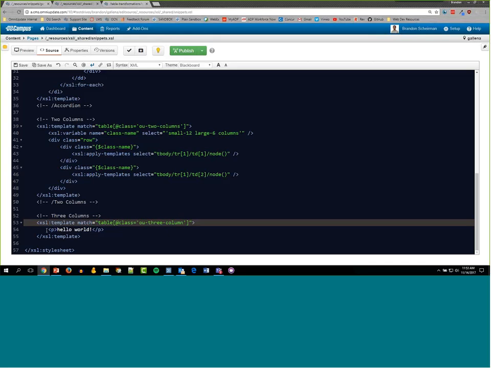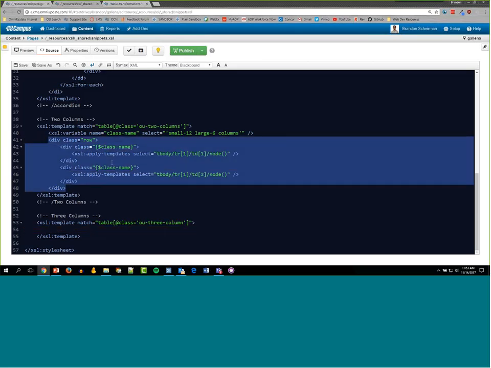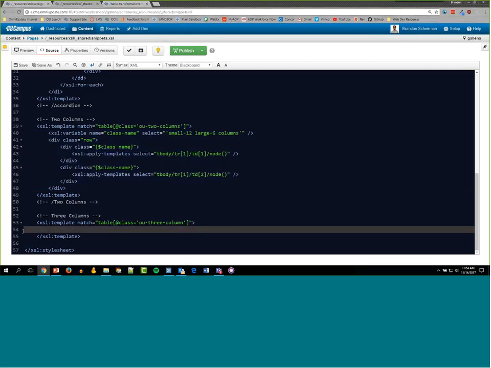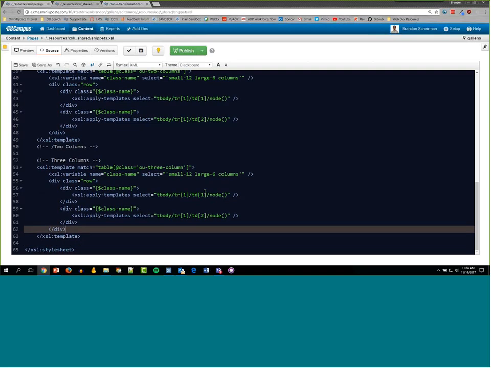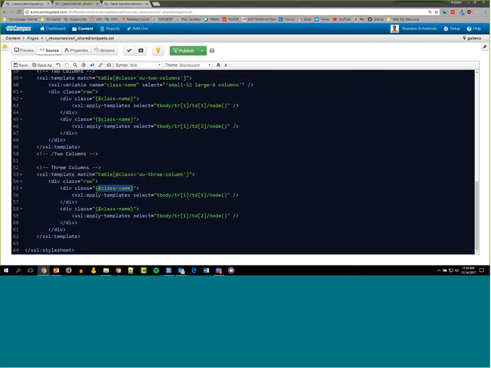So now, instead of printing out hello world every time it finds a table with the class of OU3 column, I'm going to have it create a 3-div structure. So to save time, I'm going to take the 2-column structure that we have right up above me, and I'm going to paste that here. This is a slightly more advanced way of doing it. I'm creating a variable, and I'm calling that variable several times below. If I wanted to, I can just make this a little easier to understand and do less XSL and have it be more HTML. So I'm going to create a div class, and it's going to be